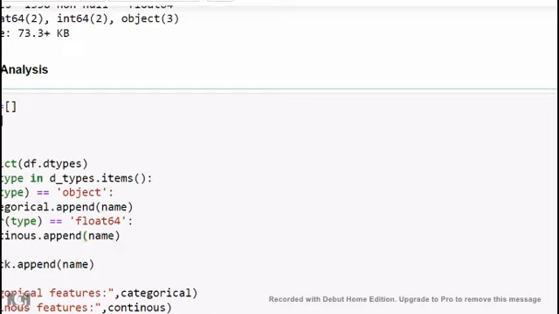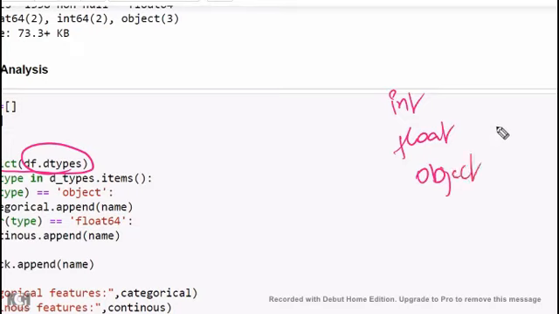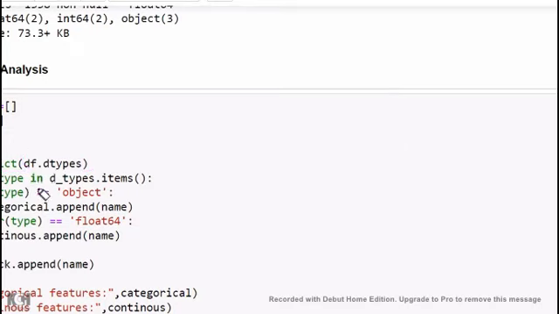Within the for loop, I'm going to take the dictionary of the df dtypes. What is dtypes? It is going to give the data types. What are the different data types in pandas? Either int, float, or object. These are the 3 things. If the dtype is equal to object, it is automatically considered under categorical variables. Whichever is float, automatically it comes under continuous. Whichever is int,